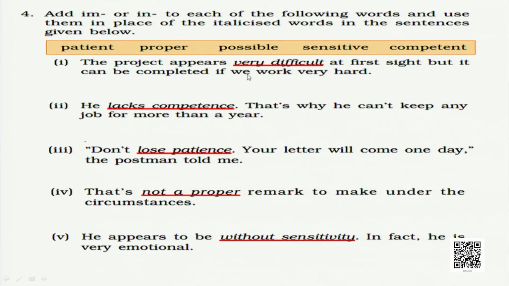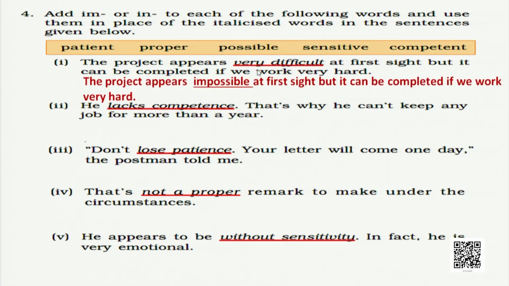So you will read these sentences, and for your convenience I have underlined the italicized words. So you have to change this word in the sentence. The project appears very difficult at first sight, but it can be completed if we work hard. So what is the word that you can change here? Yes, it is impossible. So the sentence is: the project appears impossible at first sight, but it can be completed